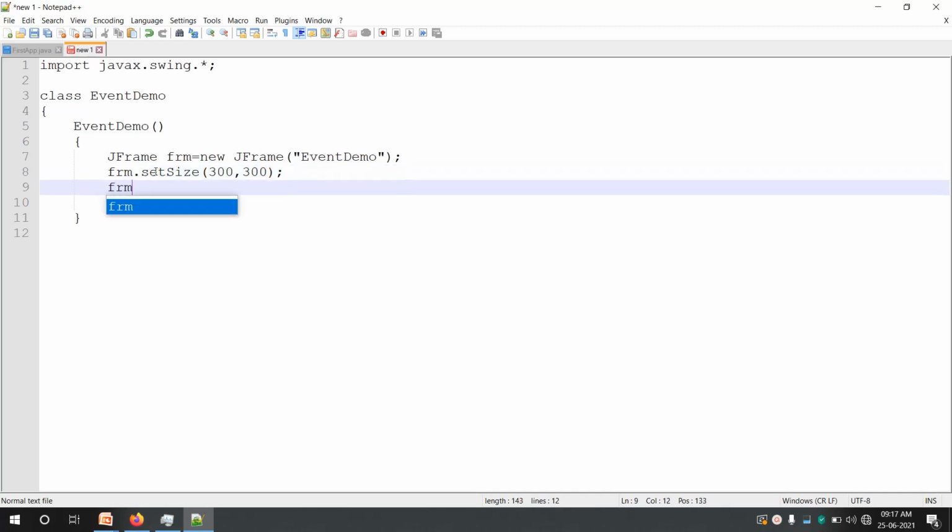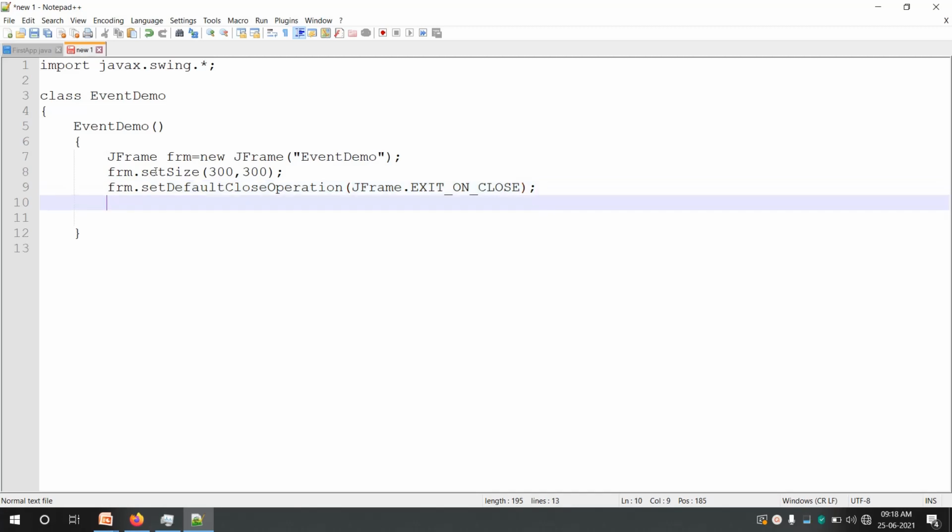Then frm.setDefaultCloseOperation, and JFrame.EXIT_ON_CLOSE. This means when the user clicks on the close button of the JFrame, the application should end.